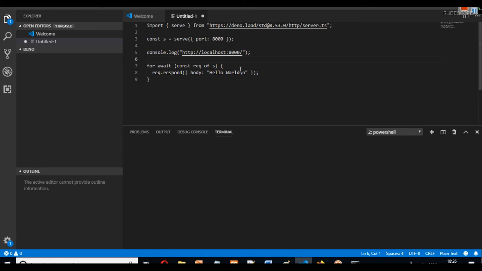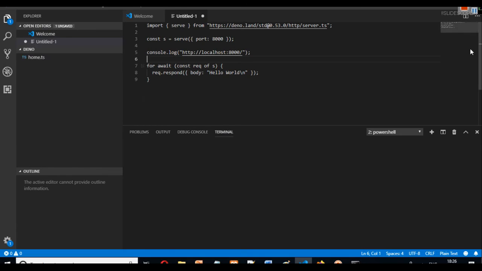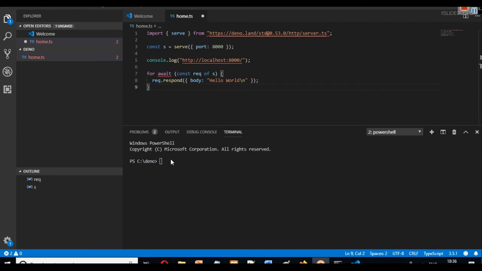Now you have to save this. In your folder, let's save this as home.ts, which is for TypeScript. We have our terminal here, and in our terminal we can now type deno run and then the name of the TS file, home.ts.